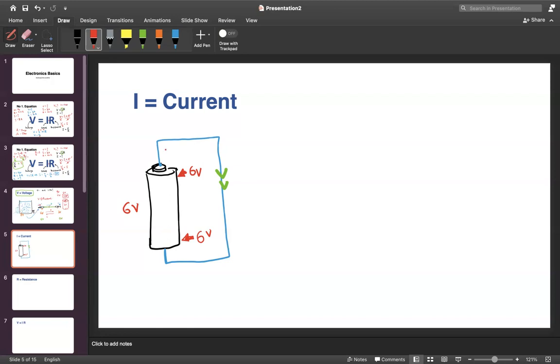Now I think you understand. And now I'm further increasing this value. What happens if this becomes 9 volts? Which way does the current flow now? 9 volts to 6 volts. Exactly, that is the answer. What about you, Dulnita? Do you understand that? Yes, sir. From 9 volts to 6 volts.